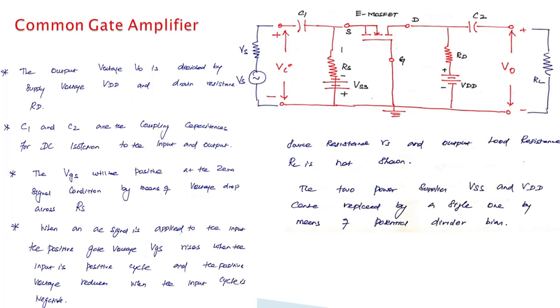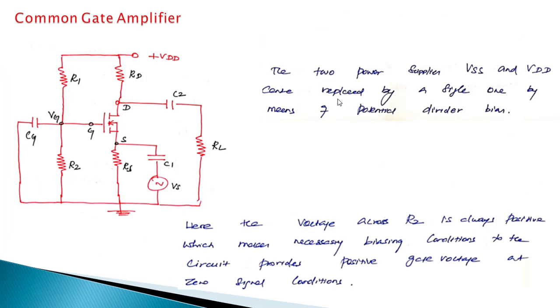So here this is called self bias. In this bias we have two separate batteries: one battery VDD to decide the output voltage, and another supply VSS to bias the input voltage. The two supplies can be avoided by means of potential divider bias. In the next circuit, instead of two power supplies, we can use a single power supply by means of potential divider bias. So here the voltage across R1 and R2, or the voltage across